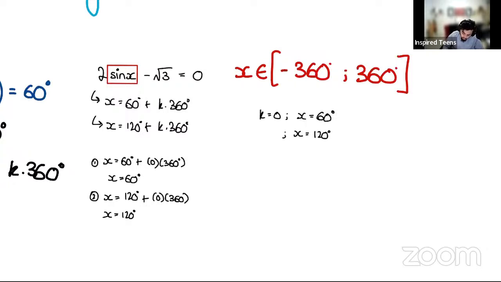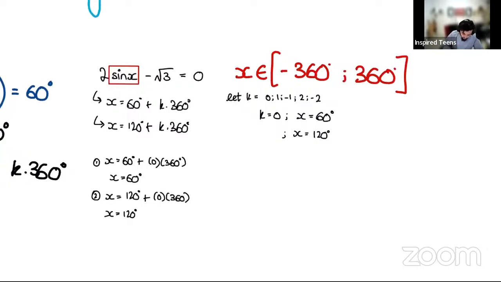But let's try further. So always what you want to do, you want to substitute values for K. So you're going to let K equal to 0, start off with 0. Then you go to 1 and -1. Then you go to 2 and -2. Okay, then you go to 3 and -3. But generally, you will see that they'll stop falling in your interval around the -1 or 2 mark. Okay, not guaranteed, but most likely. They're just going to ask like maybe even 0 and 1 and -1, whatever. Right? You'll see the more examples you practice.